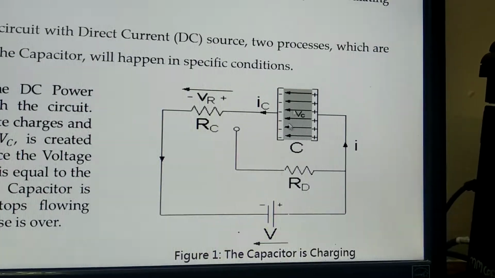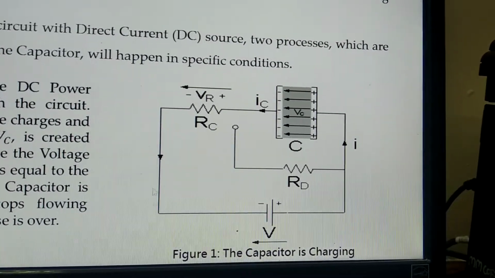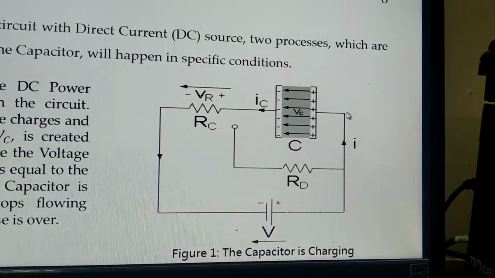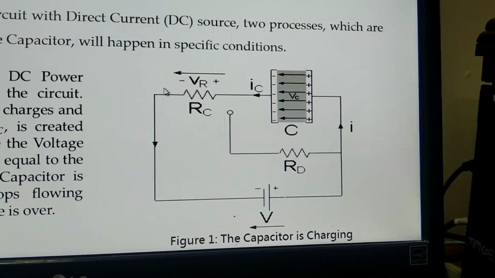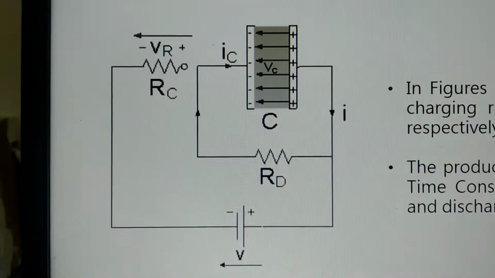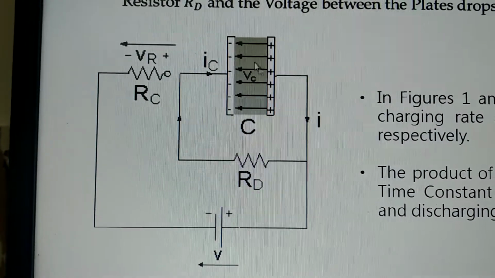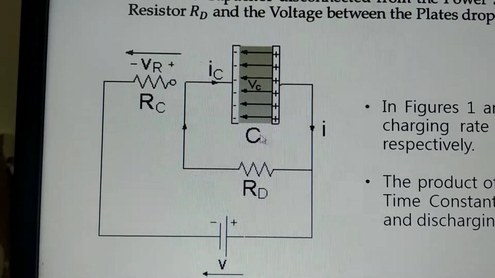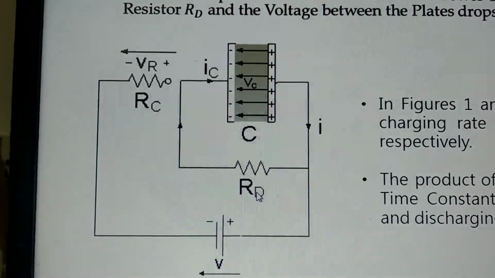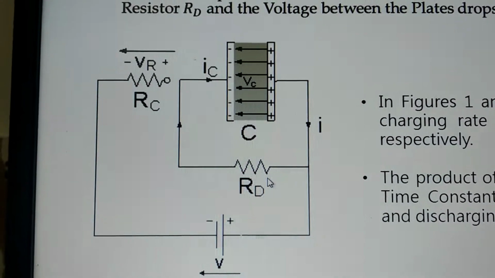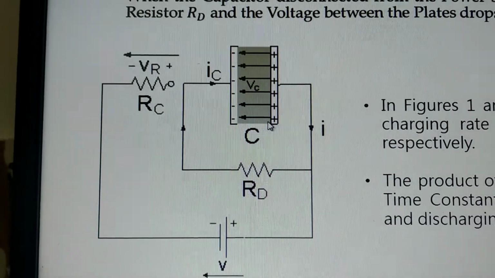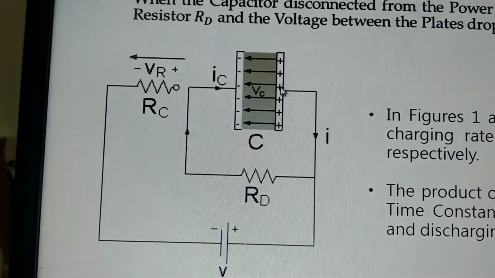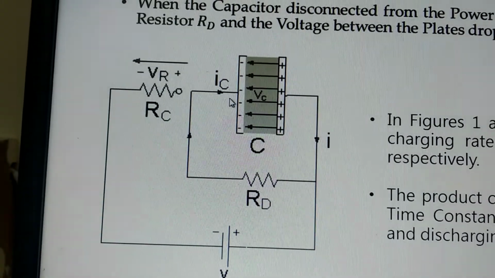Now, when does it stop? When the potential difference across the battery and the potential difference across the capacitor become the same, charging will stop. So this is the charging process. In a similar way, this is the discharging process, wherein the charged capacitor will act as a source. This is our source, and this resistor RD is a discharge resistor which will act as a load. Here the charged capacitor will act as a battery, and current can flow from the positive terminal of the battery to the negative terminal.